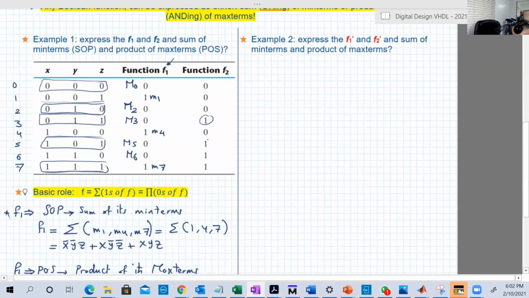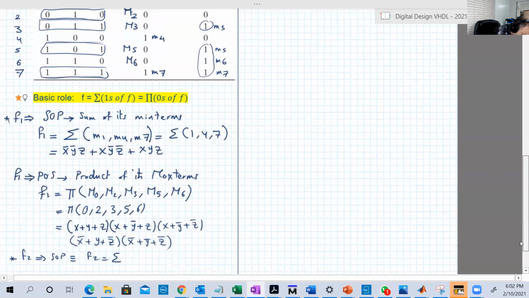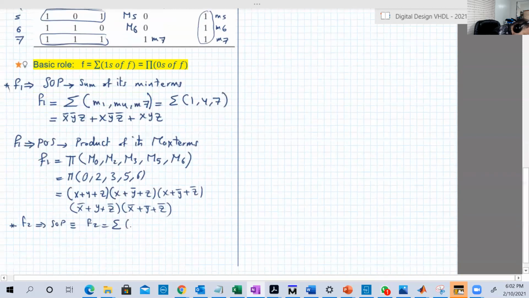F2 is here, and those guys as well. So this is M3, 4, 5, 6, 7. So 3, 5, 6, 7. And you just take it as an exercise to find its expression as a product of sum,